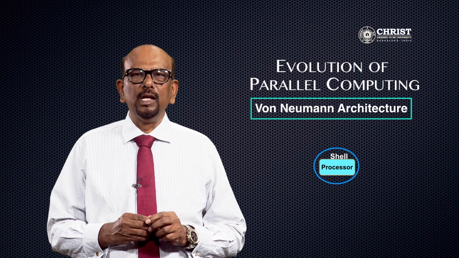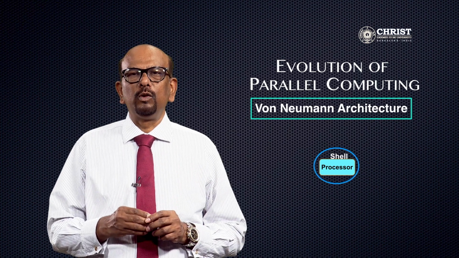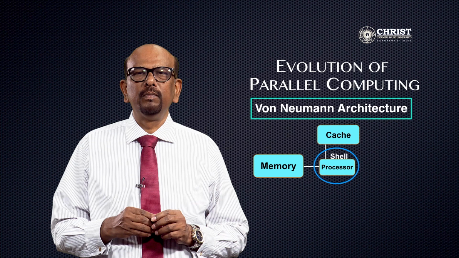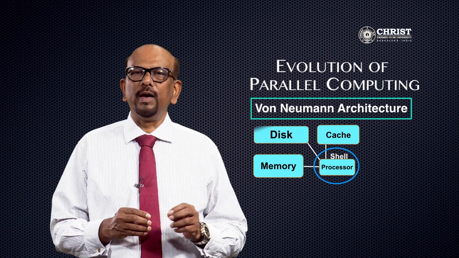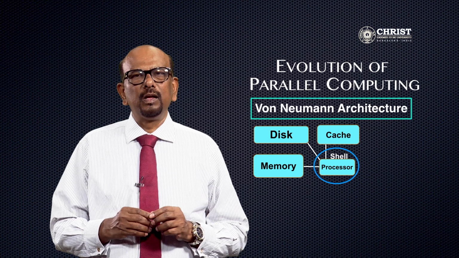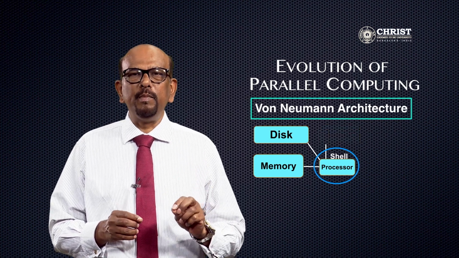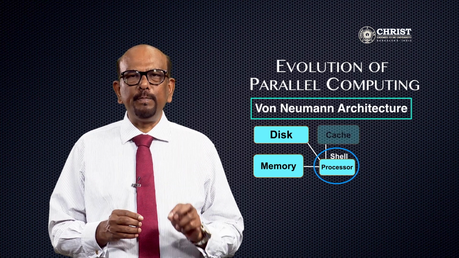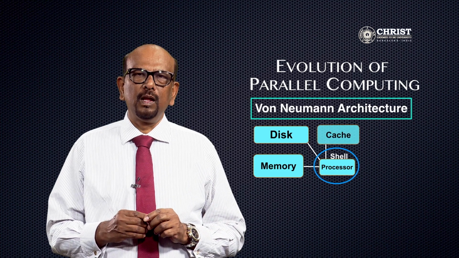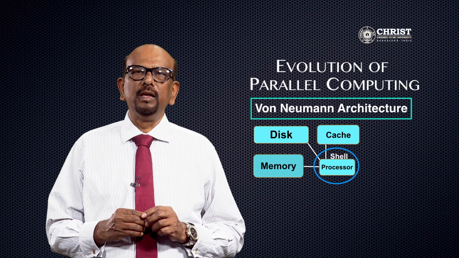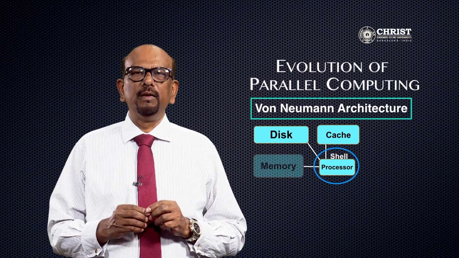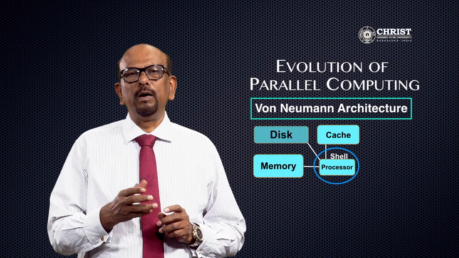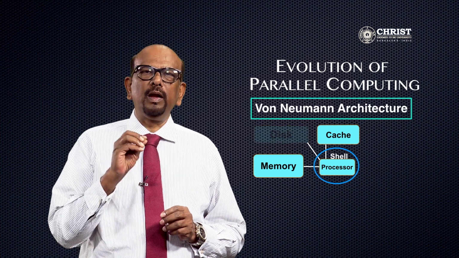The computer uses three types of memory to handle the data. They are cache memory, random access memory, and disk memory called the hard disk. 1. Cache memory is a high-speed memory. Its cost is also high. It is used for temporary storage of data. Number 2, random access memory is called the main memory, which stores the data and results. The disk is the permanent magnetic memory used to permanently store data.